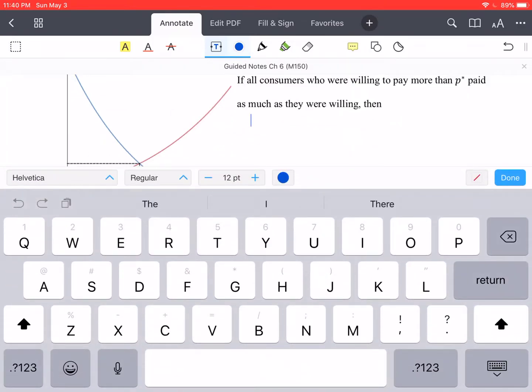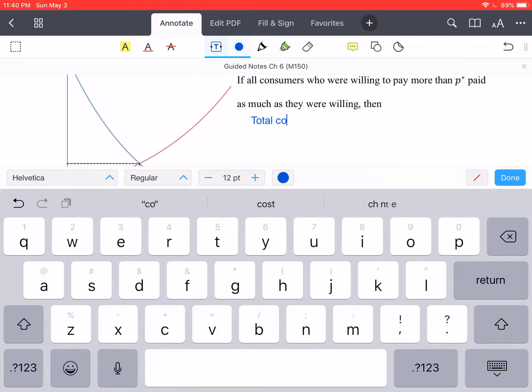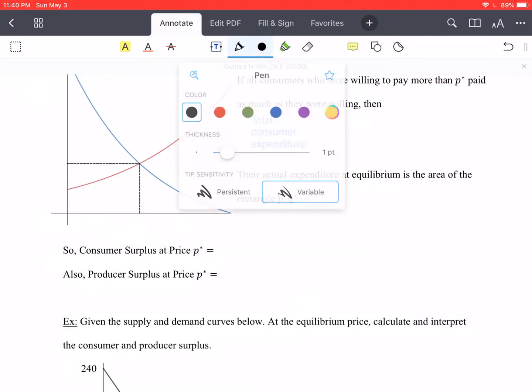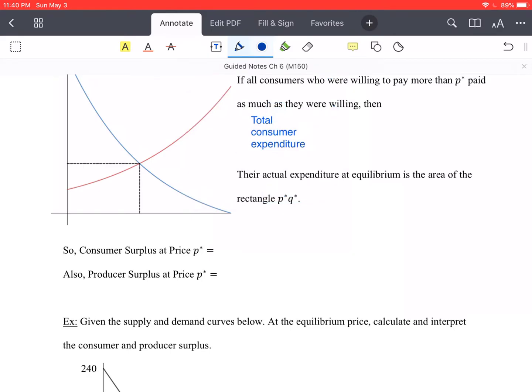So if all consumers who were willing to pay more than equilibrium paid as much as they were willing to, then total consumer expenditure would be equal to the integral from 0 to Q star of f of Q dQ,